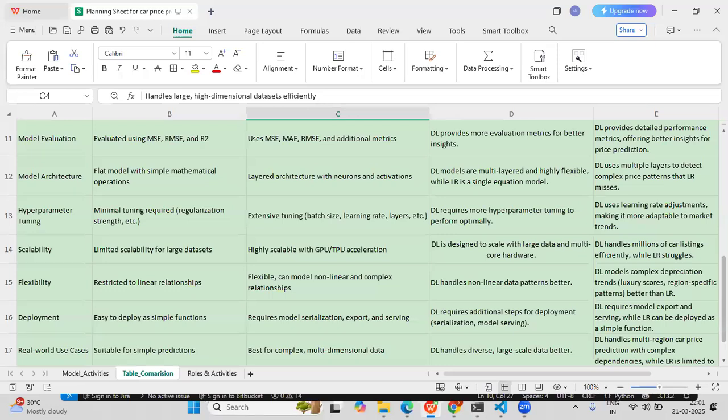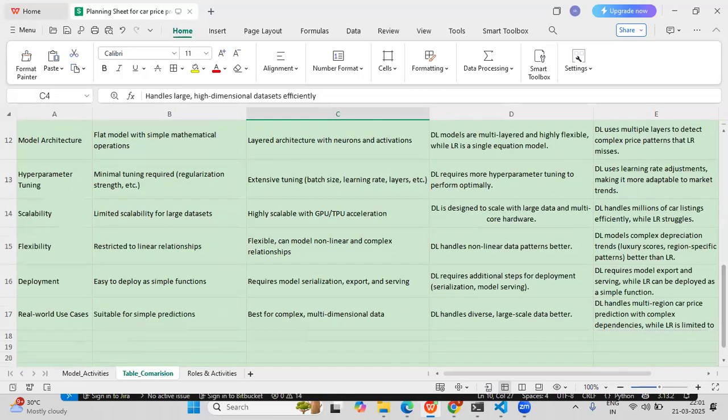Deep learning handles non-linear data patterns in a better way than the linear regression model. For example, deep learning models can capture complex depreciation trends for features like luxury score and region-specific patterns, analyzing them better than the linear regression model.